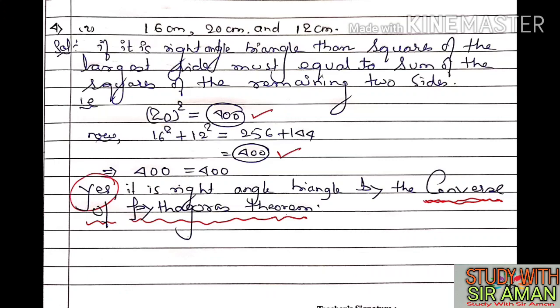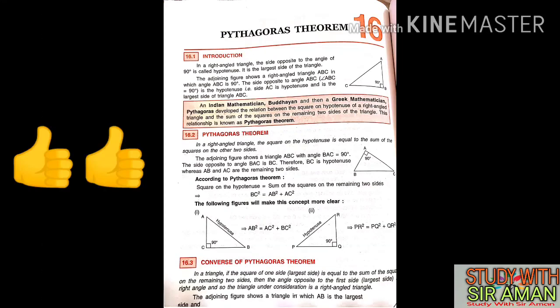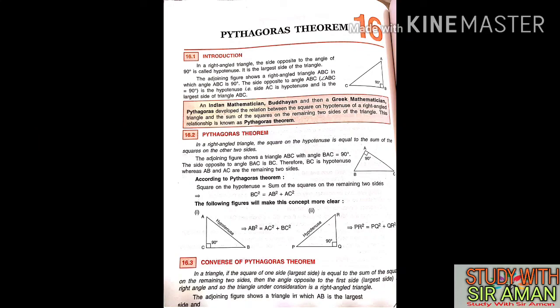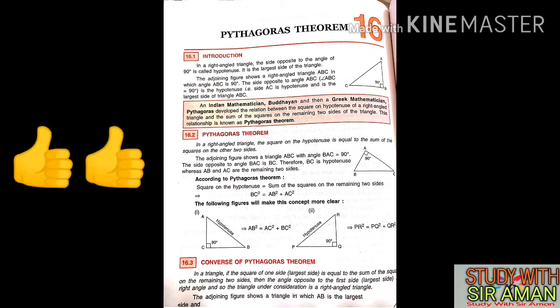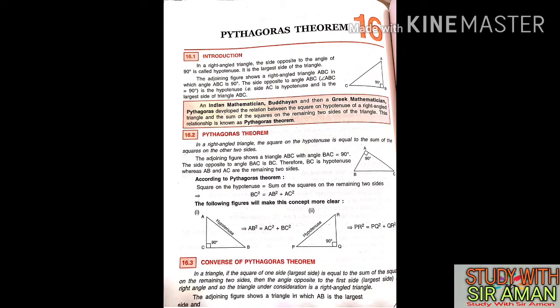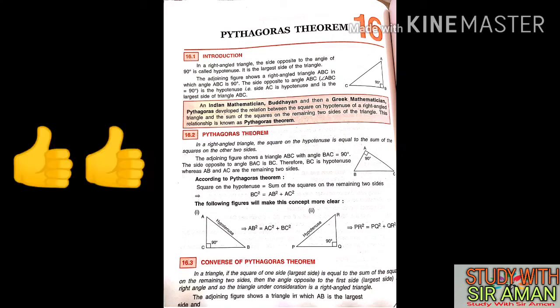So one question of Pythagoras theorem I have told you, and one of converse of Pythagoras theorem. How to use it? We will use it like question number 4, converse of Pythagoras theorem. Okay, clear? So once more I would like to tell you, if you have a problem in Pythagoras theorem, listen to the first part of this video carefully. This theorem is very important for you. When we start the next chapter, we will use Pythagoras theorem. Okay, so I hope all of you have understood this.